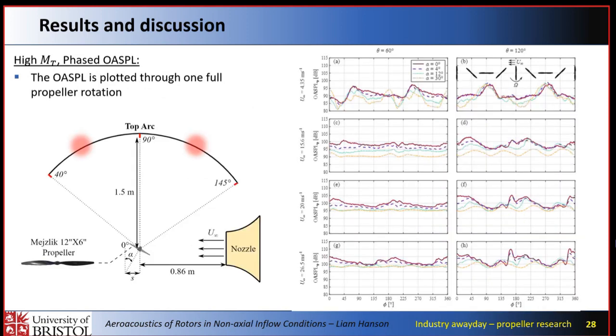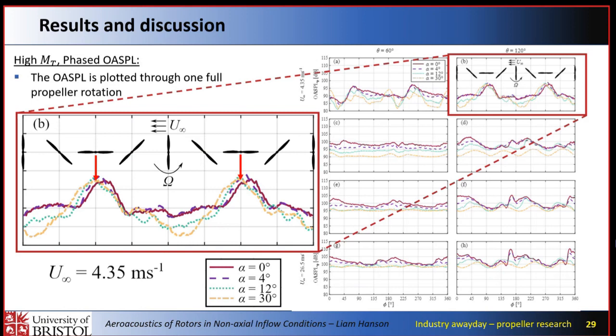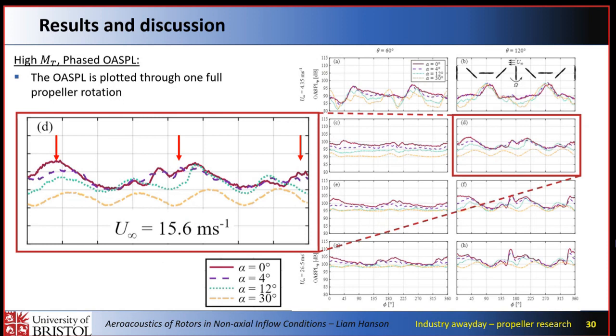So here I've got overall sound pressure level through one rotation. If I focus here in the top right, this is at 120 degrees. Through 0 to 360, we've got this double peak region. So this is when the blade is actually parallel to the flow. We're taking the phase overall sound pressure level that we're experiencing through a long period of sampling, and this is giving us the sound. So you've got the peaks at the parallel case here,